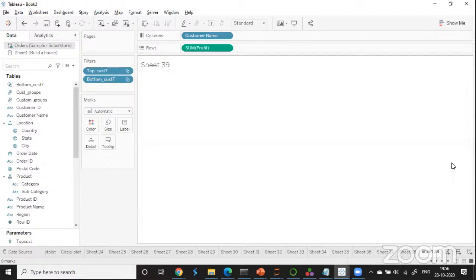So what is the reason for this? The reason is very simple: you have to create some interaction between these two sets. Because there is no interaction, you are not able to see any visualization on your screen. So how do we create this interaction? You have to use something called a combined set. What is it? Remove these two things